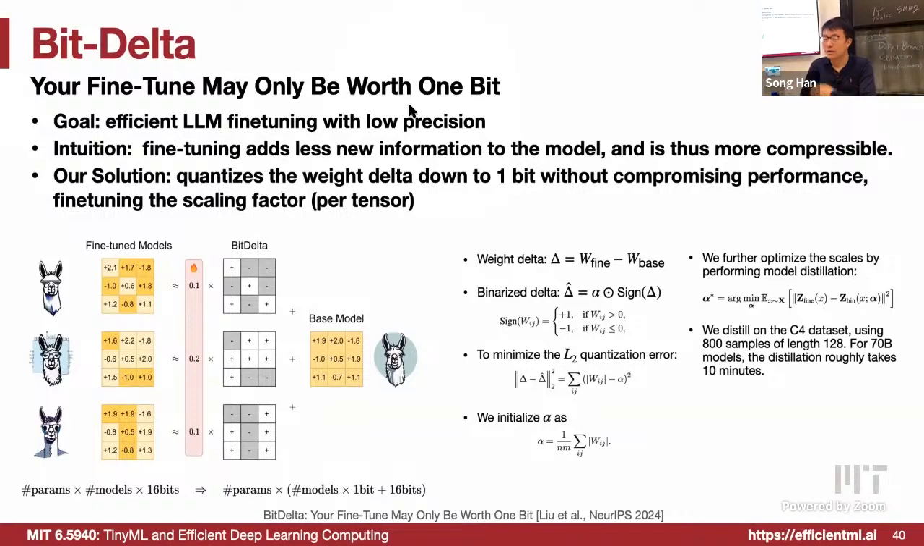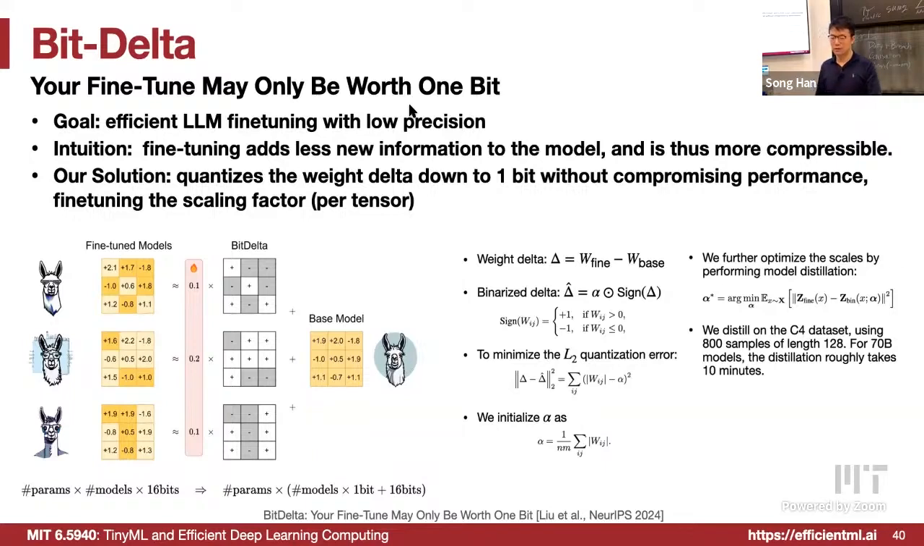The intuition is that we are adding very little information in fine-tuning because the model is already well trained. We just learn a little bit of extra information. Therefore, it should be much more compressible. So our solution is to quantize the weight delta to only 1 bit, and we find that doesn't compromise the accuracy. And then we just need to fine-tune a per-tensor scaling factor, an FP16 scaling factor shared across